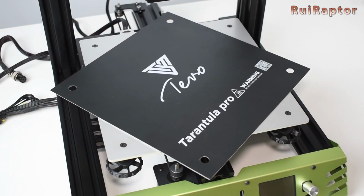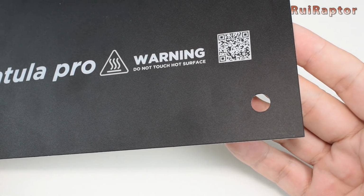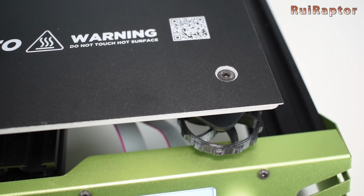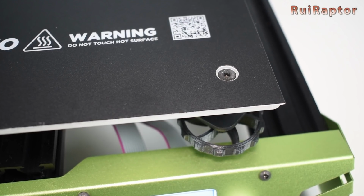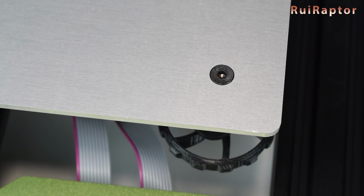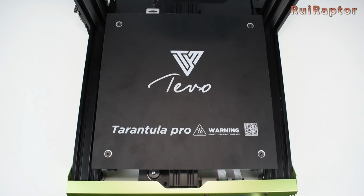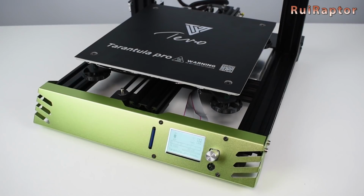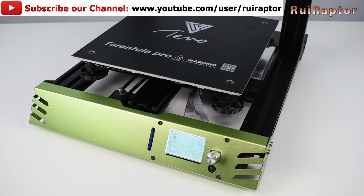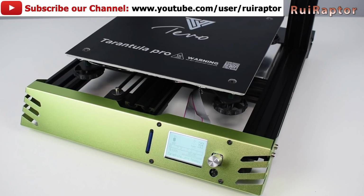The print surface that is included with the printer has holes on it. They are located on the leveling screws positions. They probably made it like this so we could access the screws in case they turn as we turn the leveling nuts. Probably not, because the sticker will glue the screw head as well. But this is a problem since it will reduce the print area. The print area is 240 by 240 millimeters, but since we cannot print over these holes, the usable area will